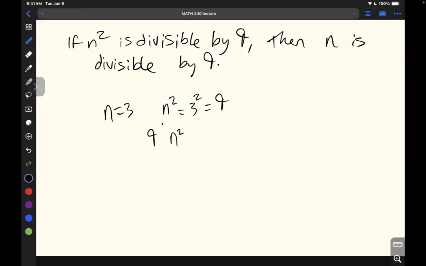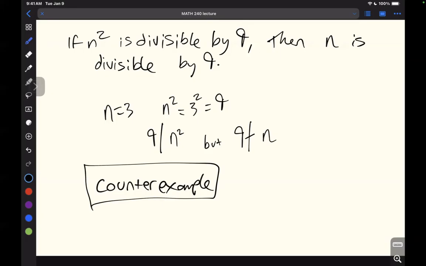So 9 divides n squared, but 9 does not divide n. What does that tell you? The statement is false. So we have found a counterexample,